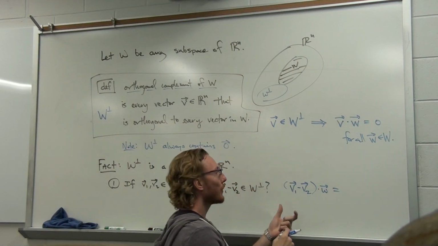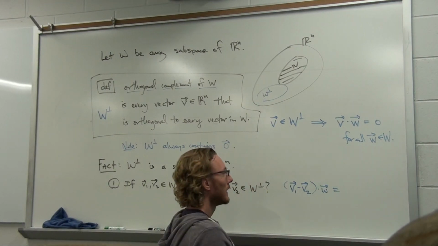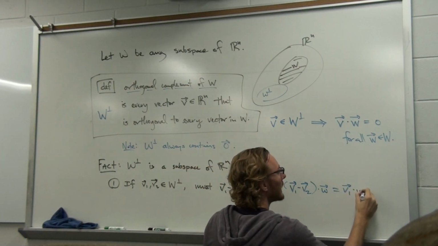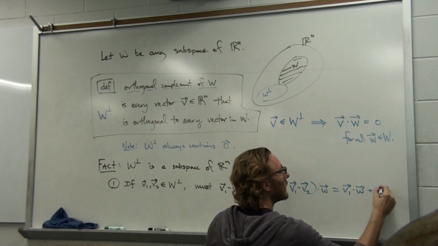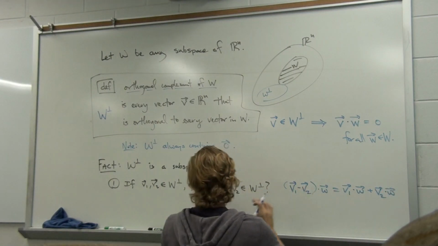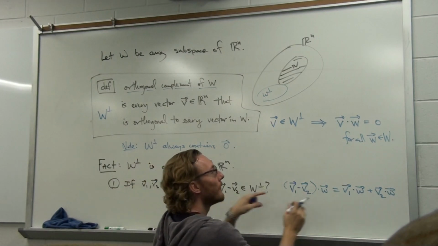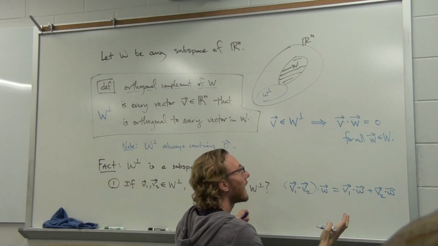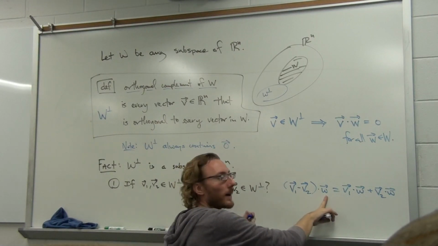Since dot product distributes, well, let's distribute. We would get V1 dot W plus V2 dot W. And well, since V1 and V2 came from the orthogonal complement, V1 and V2 are perpendicular to every vector in W. In particular, they're orthogonal to this